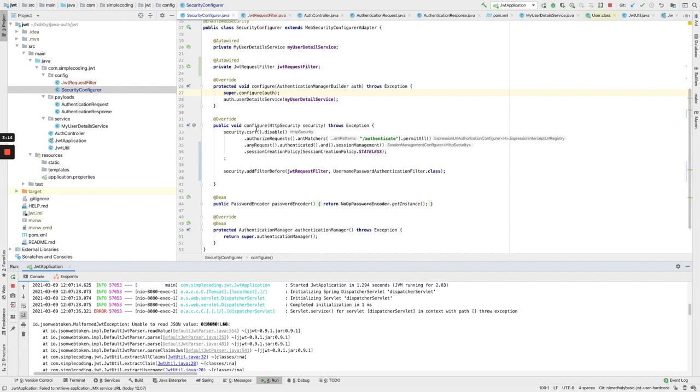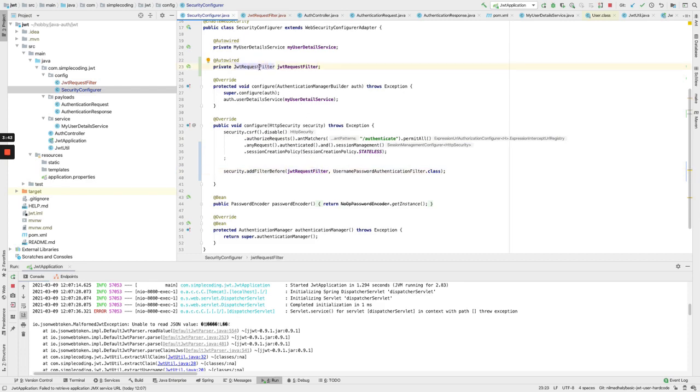In the configure override method I have authorized all the other requests except the authenticate API, and the policy of the session is stateless, and I have to also pass a filter. So let's look at the filter.